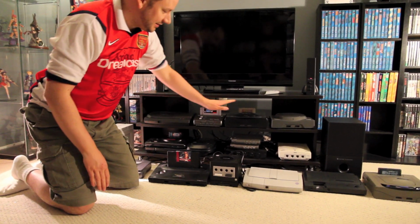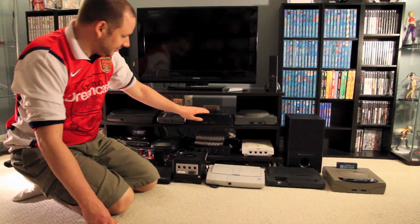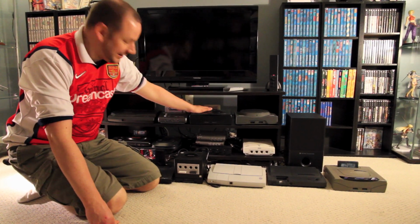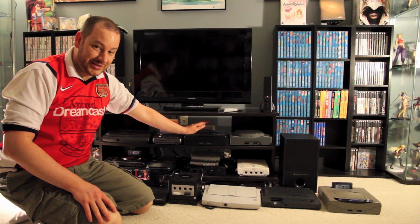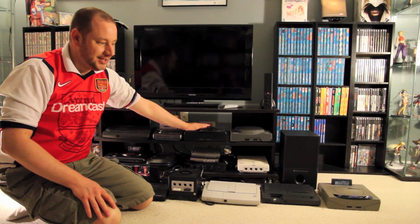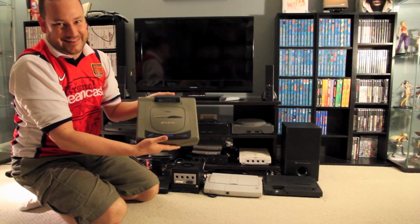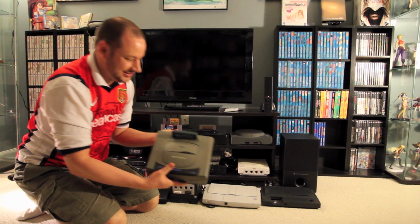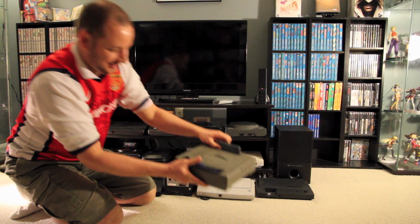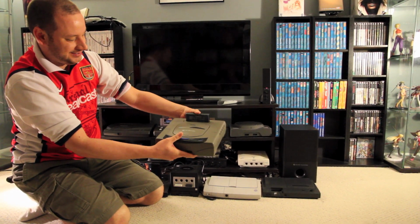Hooked up here, Saturn, American one. What do you got plugged in there in the back? This is the Action Replay. It allows me to play almost every Japanese game. There are a few Japanese games that do not work with the American Saturn, and of course, that means you gotta buy a Japanese Saturn to play, like, seriously, 3 games that didn't work with that, which is all worth it. And as we discussed before, there's an extra 4 megs of RAM in there